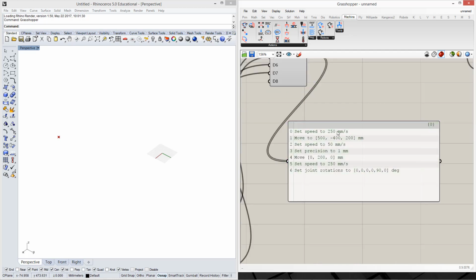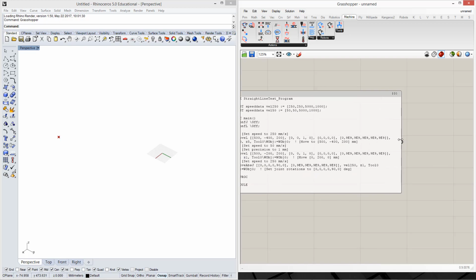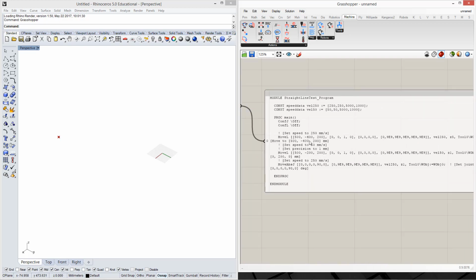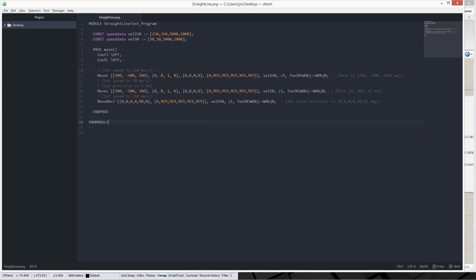We set the speed to a high value, we move to these coordinates, we lower the speed, we set the position, and then we move relative to the last coordinate, 200 millimeters in the y direction, and then we set the speed back to very fast, and we set the joint rotations of the robot to 0, 0, 0, 90, and 0 degrees. If we compile this to RAPID code, this is what our program is going to look like. If we look at that program in Atom, now it updated,